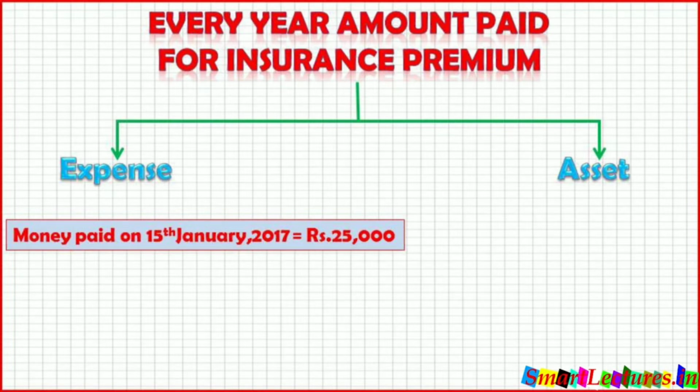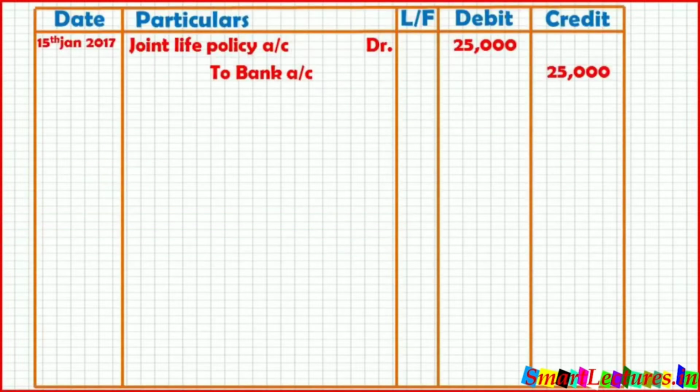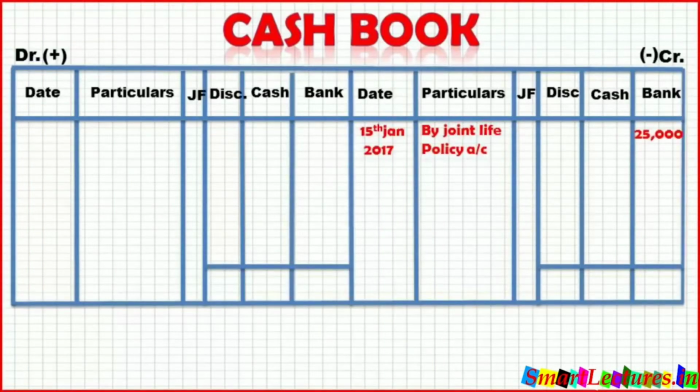It means when we pay the money, the journal entry will be joint life policy account debit to bank 25,000 rupees. Be careful, in this method, I am not going to use the joint life policy premium account. In this method, I strongly suggest you use the joint life policy account. So it means on 15th January, in the cash book on the payment side, it will be shown as